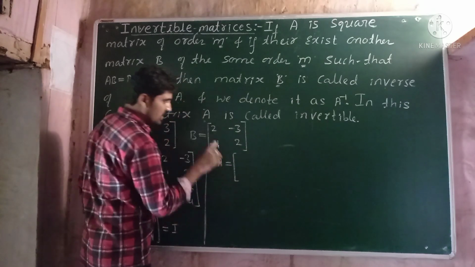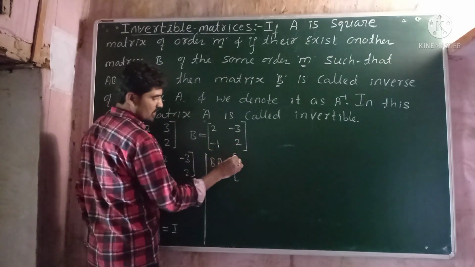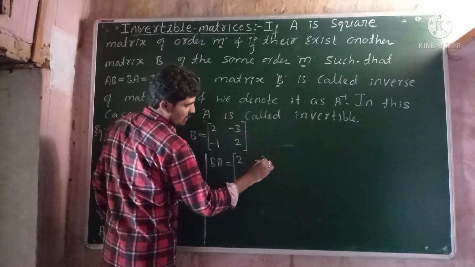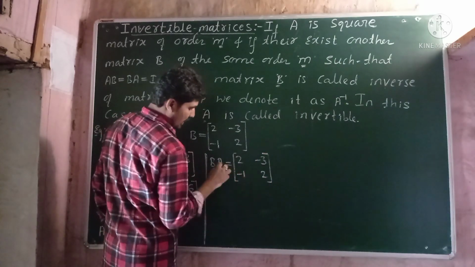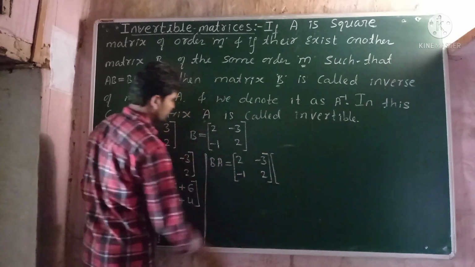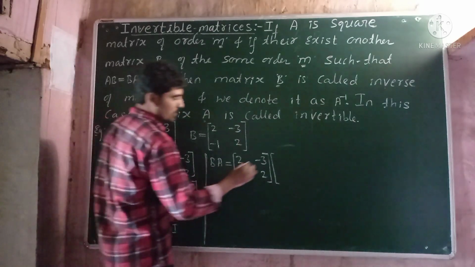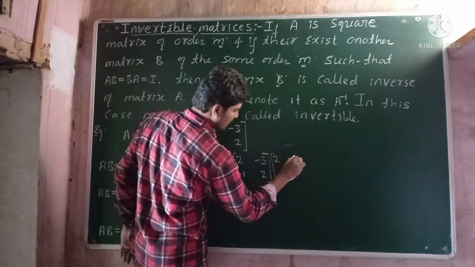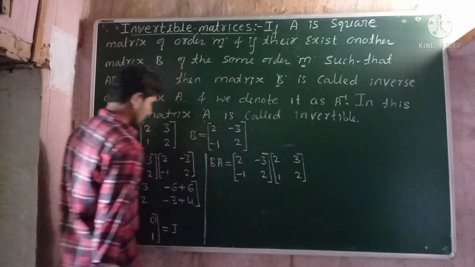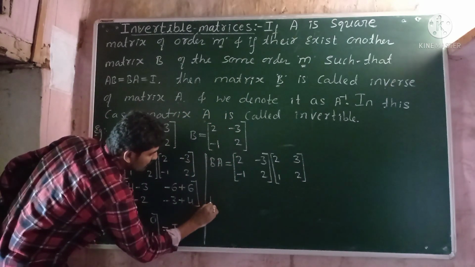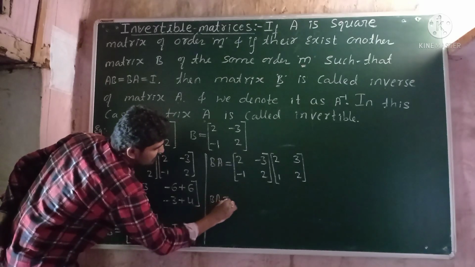So matrix B is [2, -3; -1, 2], into A matrix [2, 3; 1, 2]. Therefore, BA matrix is equal to